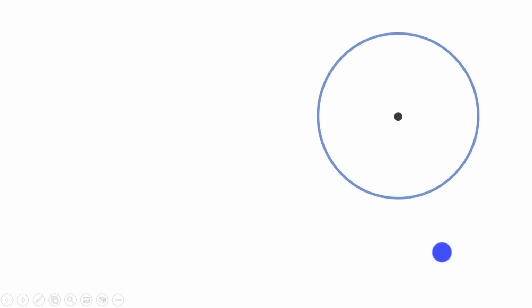Consider a circle that has the center here in the middle. So you should hopefully know that if you draw a line segment from the center of the circle to any point on the circle, such as this, then the distance of that line segment would be the radius, which we represent by r. And it doesn't matter which point I choose on the circle, so maybe I could choose another point over here, and that distance would still be the radius. So the distance from the center of the circle to any point on the circle is what we call the